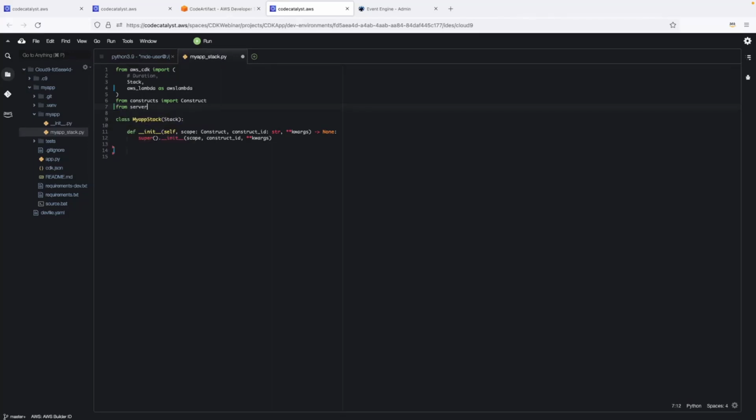Called serverless REST service. And I am going to import the class. So now all I have to do to create an application using this construct is just instantiate it. So I will create a new